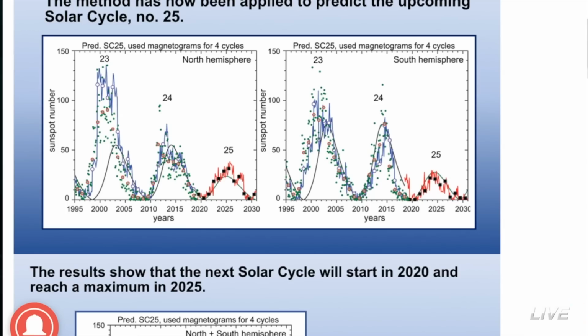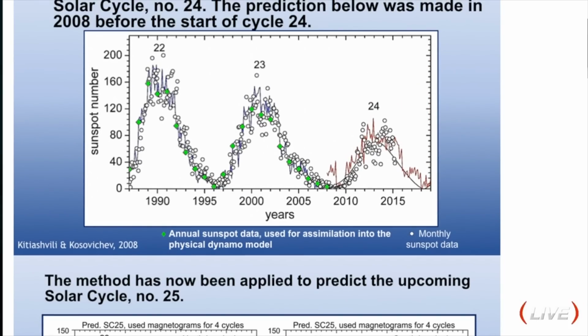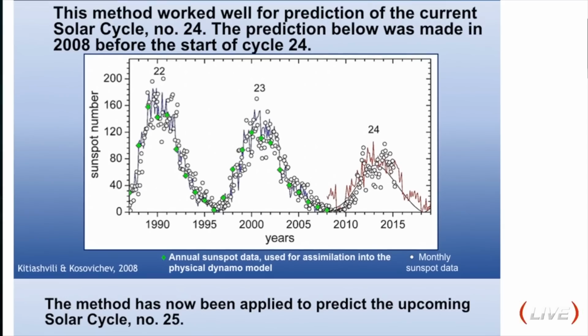So this is how they decided to go with their prediction for solar cycle 25. They used the same method. They applied the method that they used to predict 24. And look how close they came on getting it right. Not bad. Not a bad prediction, especially for something, I'm telling you guys, this is huge research. This study is huge. This presentation of explaining why and how we're going to have the weakest solar cycle in the last 200 years. This is big news, guys.